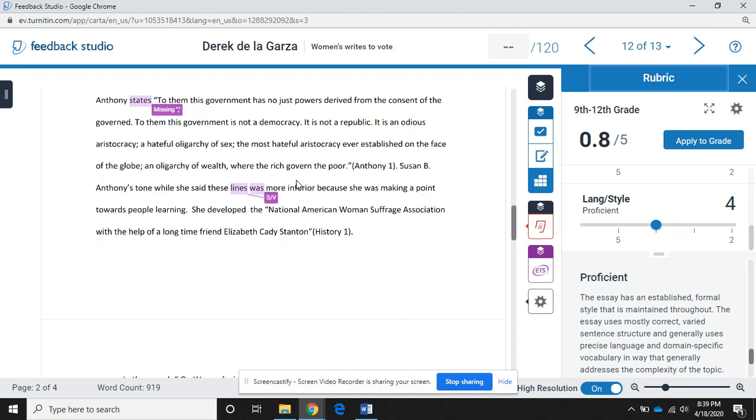It's when I see long sentences highlighted, that there's some problem with the whole sentence, that I see, okay, that's not an essay that established a formal style and didn't maintain it throughout. The sentence structure is not very